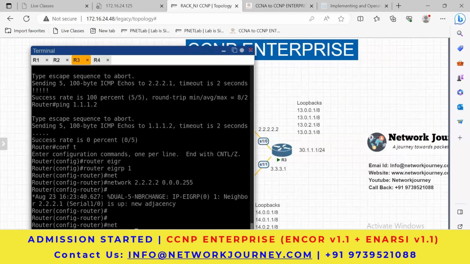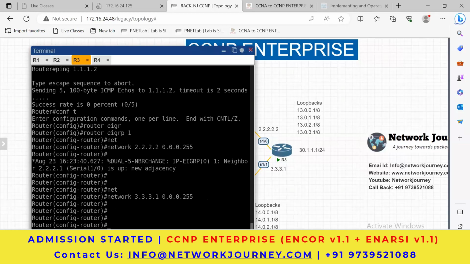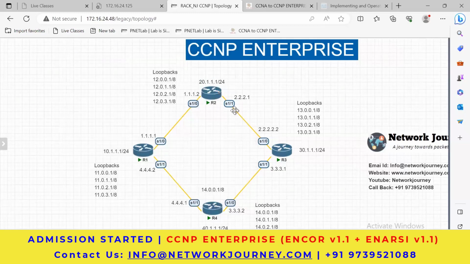Network 3.3.3.1, 0.0.0.255. Enter. Now R2 should also be its neighbor. Why? Because R2 is already, this network 2.2.2.1 is already enabled. Okay. So